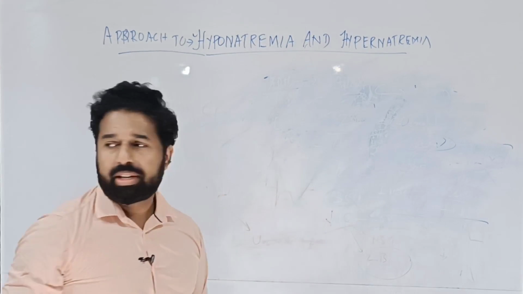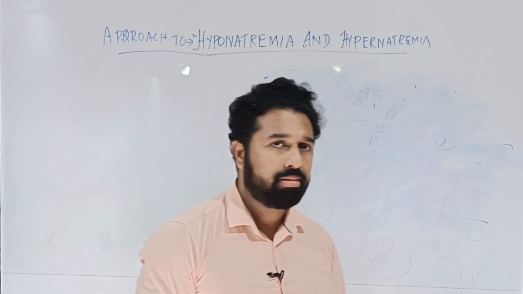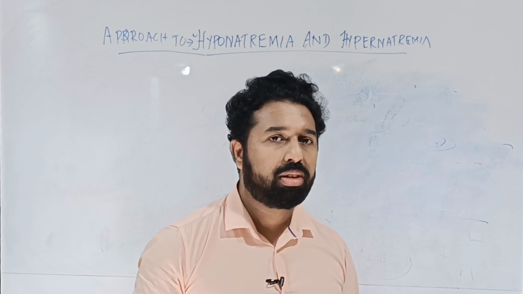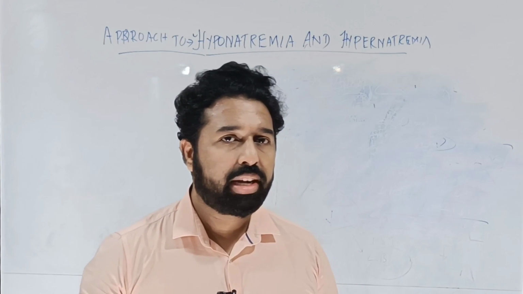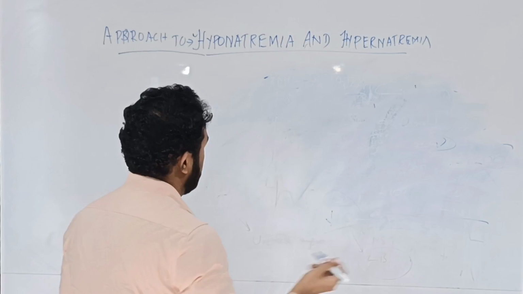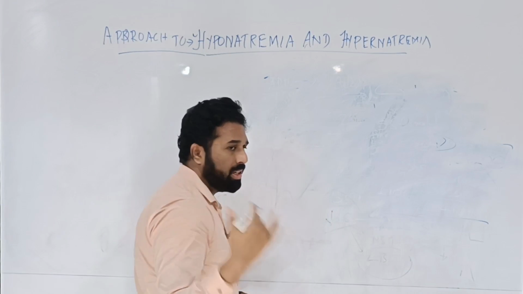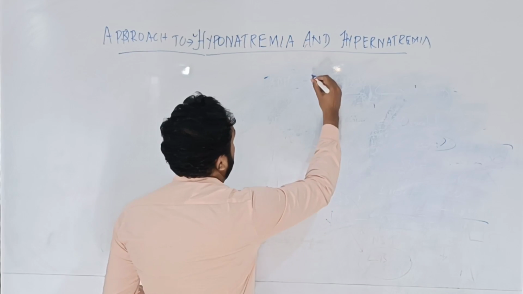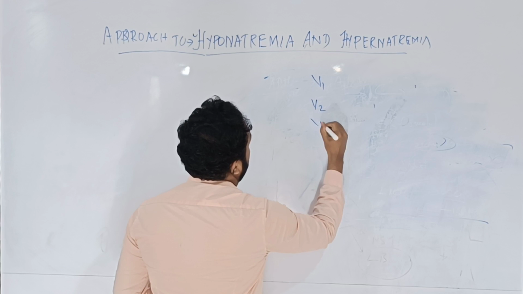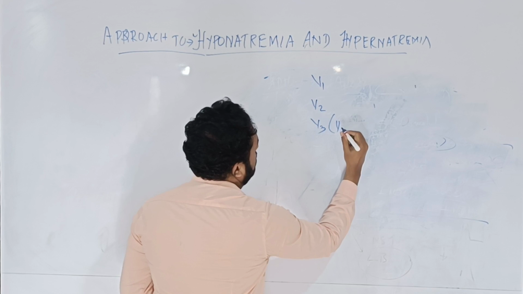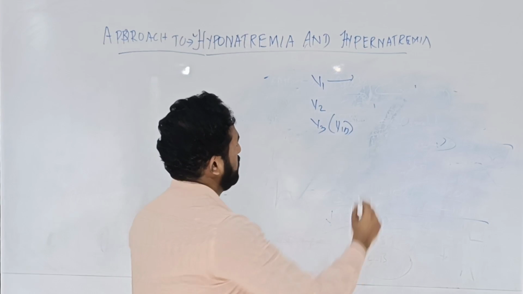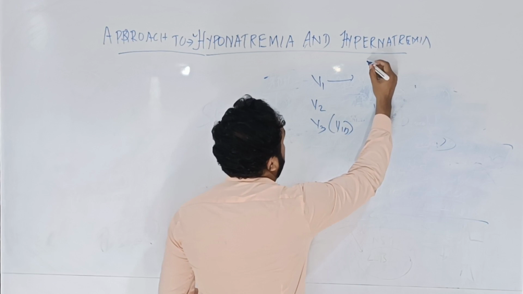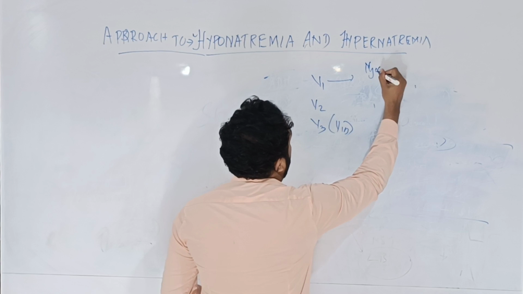I'll be explaining a little bit about ADH here, because if you understand why ADH causes hyponatremia, the other causes of hyponatremia will also be easy to understand. ADH is released as a hormone of the posterior pituitary. It has three groups of receptors, V1, V2, V3. The V3 receptor is also called V1B. Now, the action of ADH on V1 receptors: it causes myocardial hypertrophy,